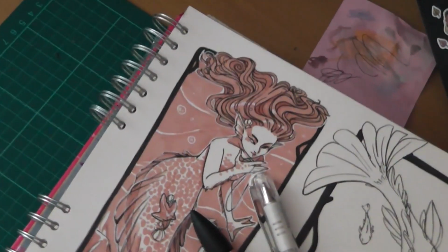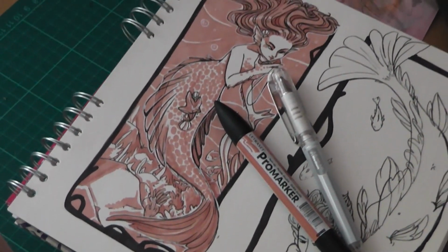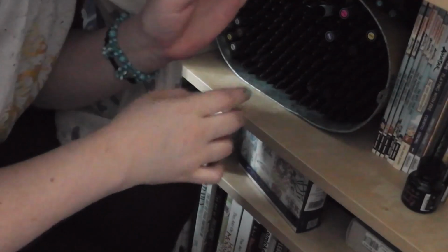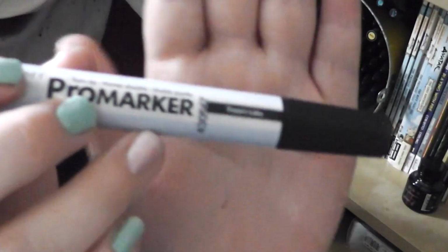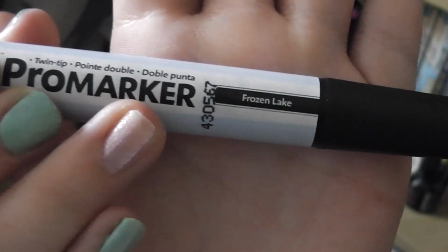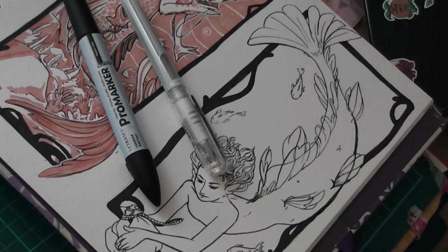So now I'm going to pick my colour for my next one. Now I'm going to point out I did pick out a colour called Frozen Lake. Now this is quite an old marker, and I didn't realise until halfway through, after using it for a minute or two, I suddenly realised that, oh my goodness, this marker is completely drying out. So I replaced it with a very similar colour called Denim Blue, and you're gonna see a little oops sign